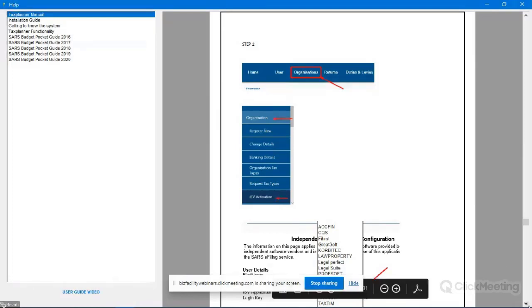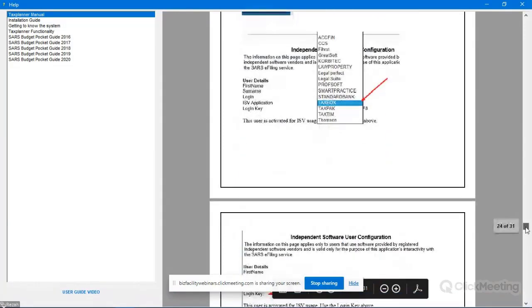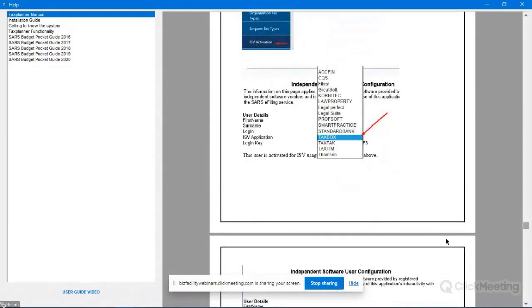Okay. If you click on there, it will open up a little window that has some of your detail there. The only thing that you need to check is the ISV application that is selected here. If you're wanting to use Taxplanner to interface with SARS, then you need to select Taxbox as your ISV application